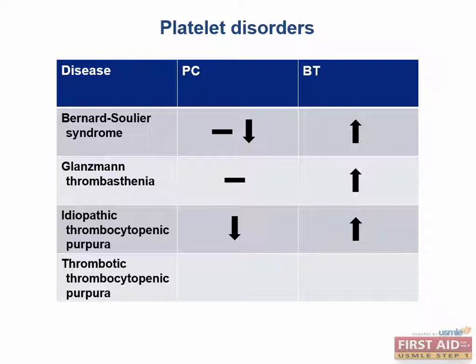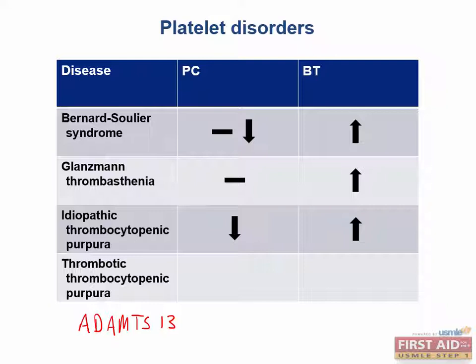Here, there is some inhibition of ADAMTS13, which is a metalloprotease that usually degrades von Willebrand factor multimers. If you can't degrade von Willebrand factor multimers, you get these big von Willebrand factor multimers that run around and grab onto platelets and cause them to aggregate all over the body, resulting in tons of clots. There is widespread shearing of RBCs in a microangiopathic hemolytic anemia mechanism, which gives off schistocytes and increased hemolysis markers